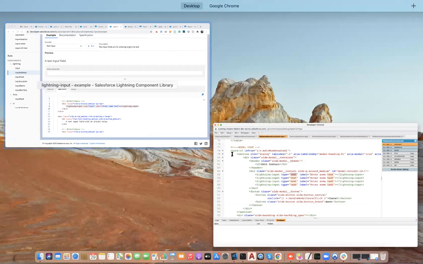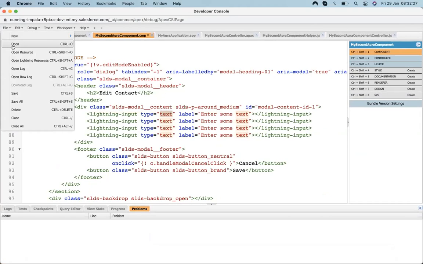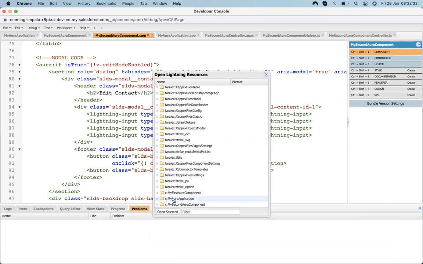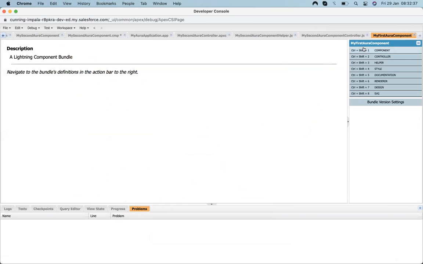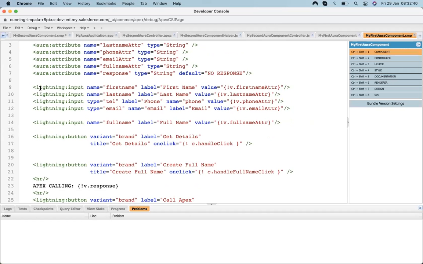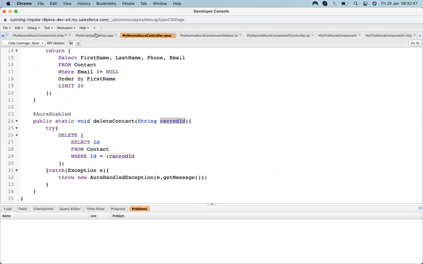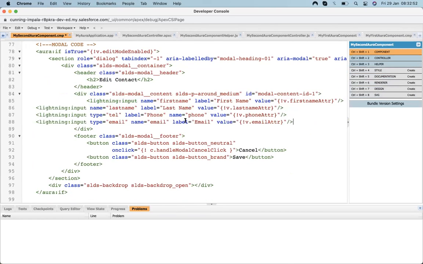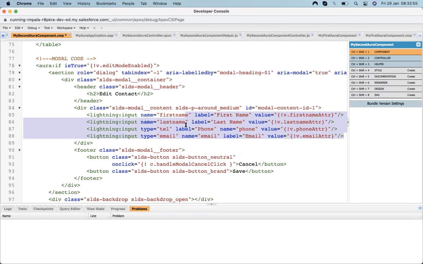Instead of doing that, let's copy all the things from what we built previously. Here we built these things previously, so let's copy it from here and paste it here so that it will work fine.